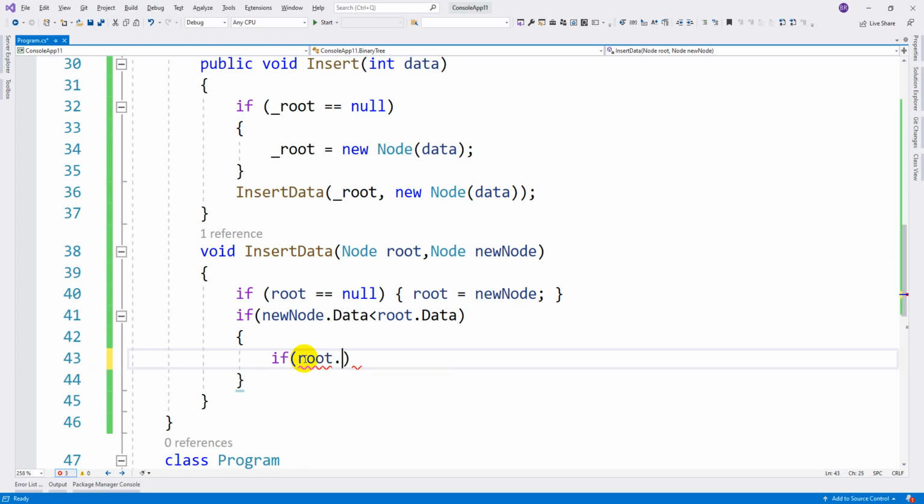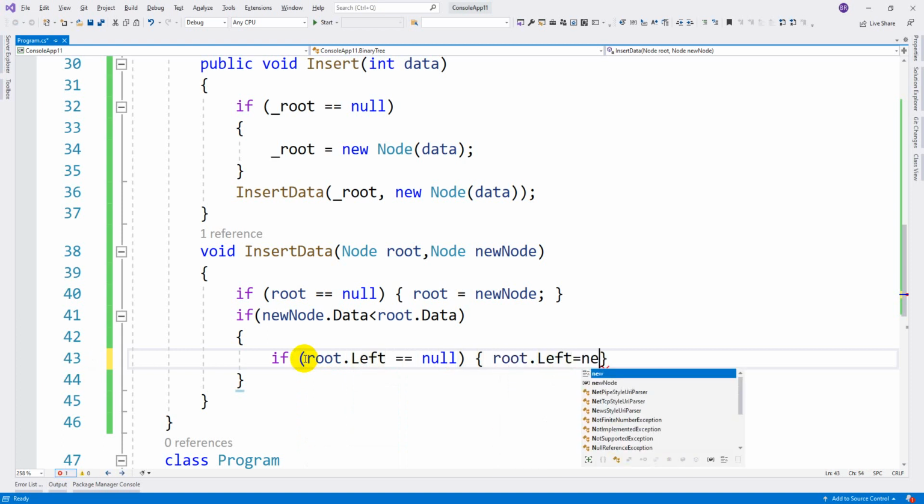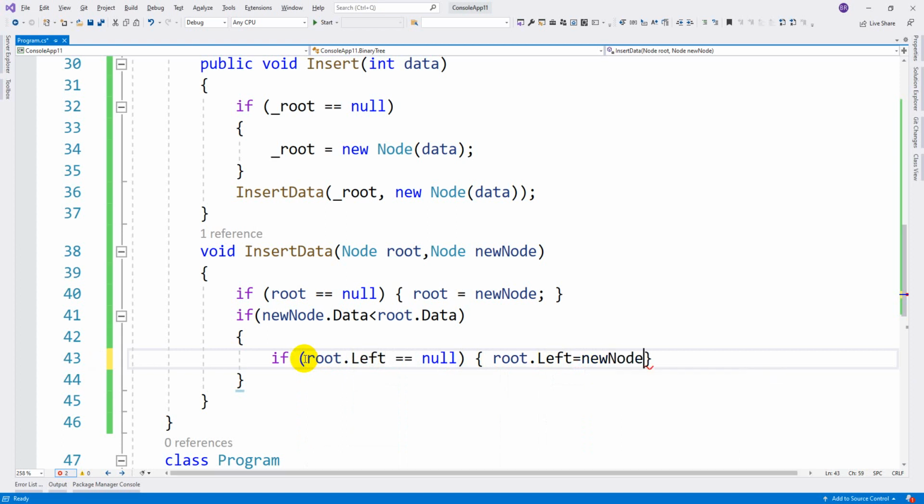If root dot left equal to null, then root dot left equal to new node. So that means if there is no left element for the current root node, then we are assigning this inserting node to the left.